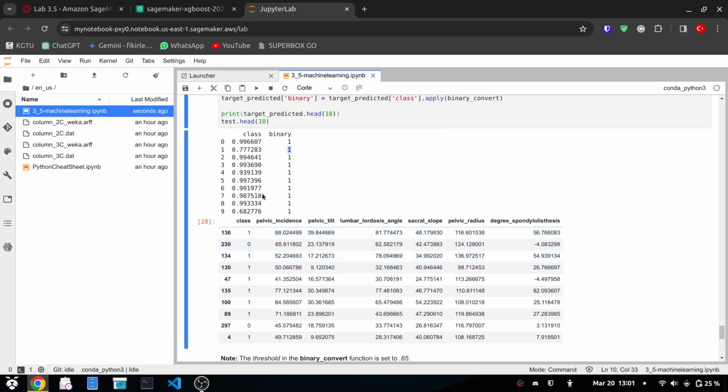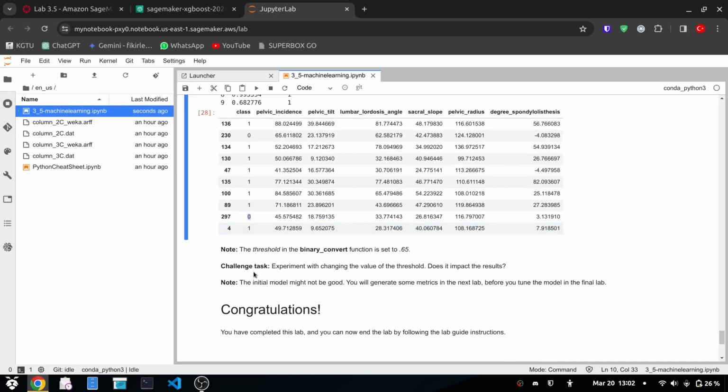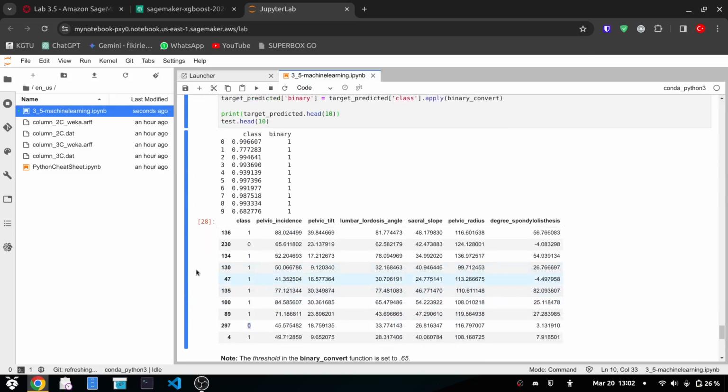So for example, in the 1, 2, 3, 4, 5, oh yeah, the indexing is starting from 0, so 0, 1, 2, 3, 4, 5, 6, 7, 8. So this one is also wrong. As you can see, it shall be 0. Note the threshold in the binary convert function is set to 0.65. Challenge task: experiment changing the value of the threshold. Does it impact results? So let's change it